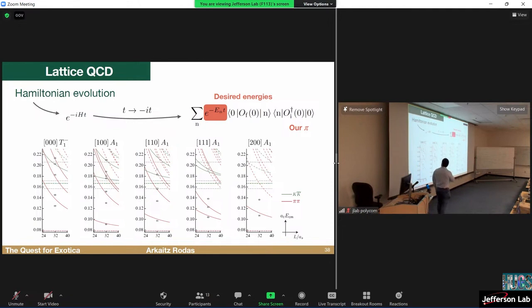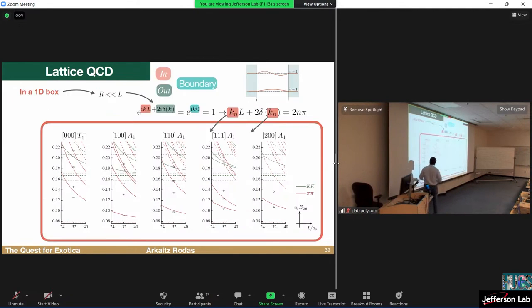So I can get this from lattice, and this is actually a result with the error bars. You see the energy has a central value, and it has some error bar that probably the people in the back don't see, but I promise you there is some error bar over there. So now, why are these energies relevant for us? I mean, okay, fine, you want these energies, what are they?